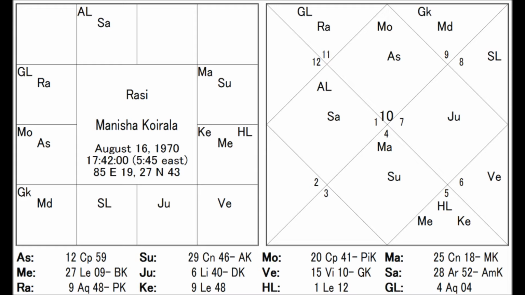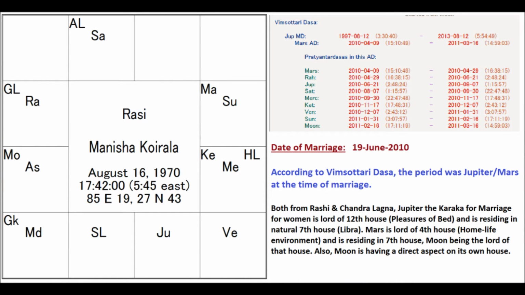And Jupiter being the natural karaka for marriage, Jupiter's 5th aspect is again on Moon. That's the reason why, during the Jupiter Mahadasa and either the Mars or the Moon Antardasa, there's a possibility for the native to get married. This is during the Vimsottari Dasa. Once you have understood why during the Vimsottari Dasa the native got married, then you go to the Sudharshana Chakra Dasa to figure it out.